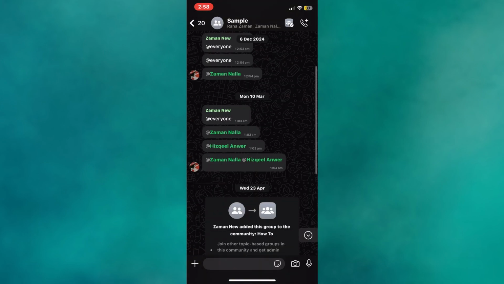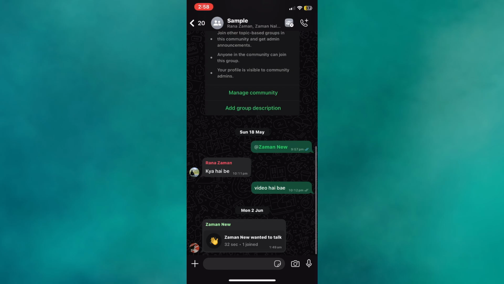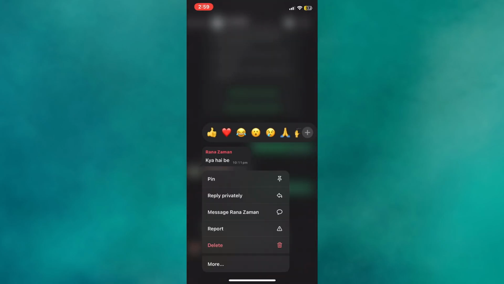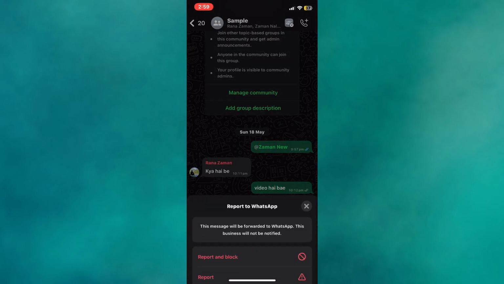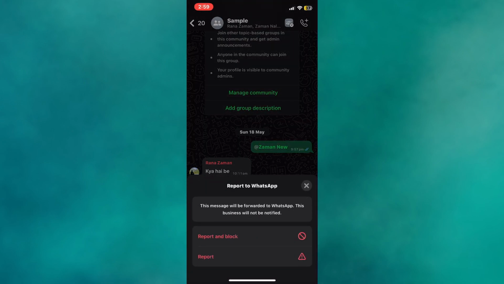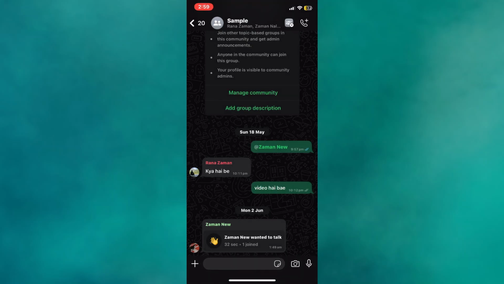If you want to report a specific message instead of the whole chat, just tap and hold on the message. A menu will appear. Select Report or Report Spam, depending on your version of WhatsApp. Then confirm your decision. When you report someone, WhatsApp receives the last 5 messages they sent to you, along with